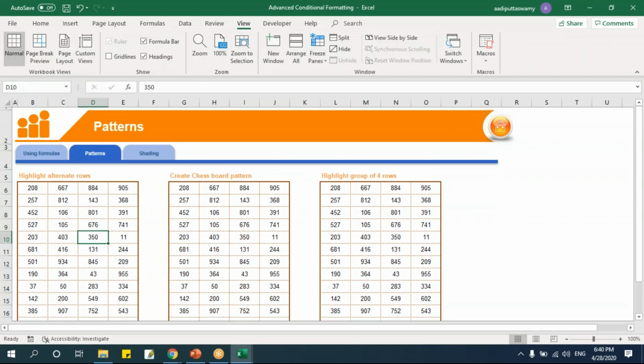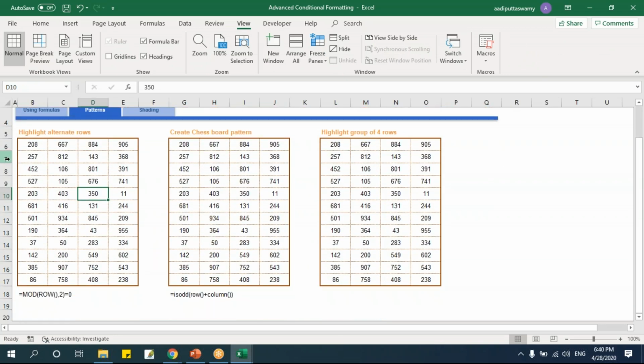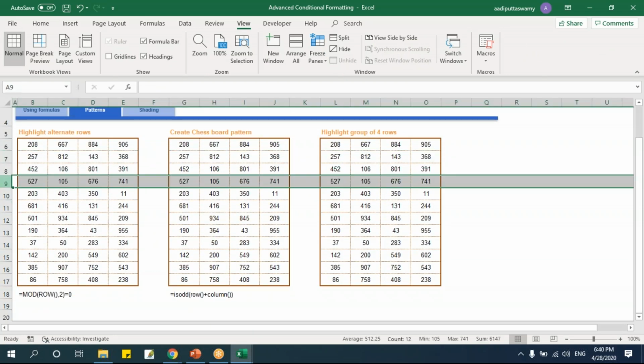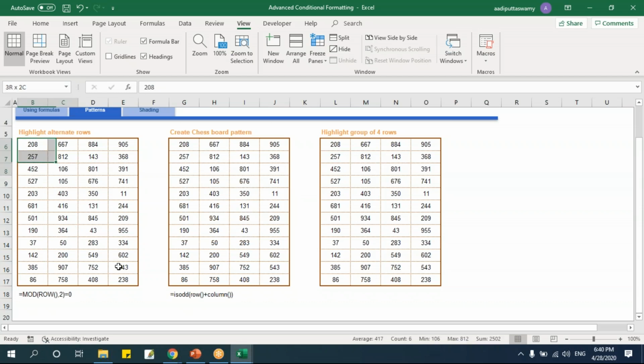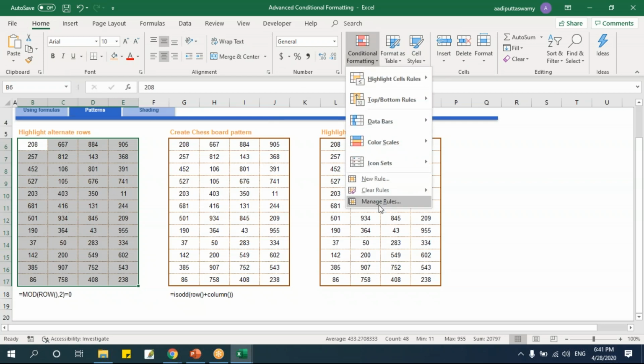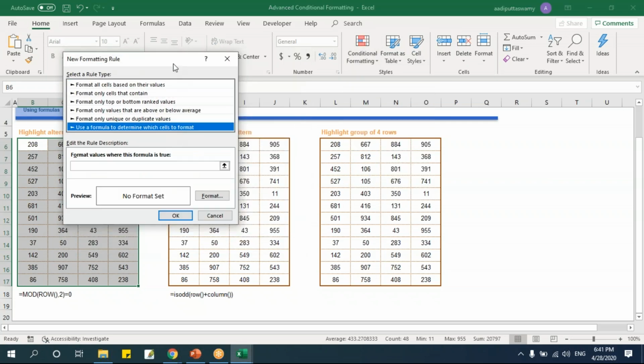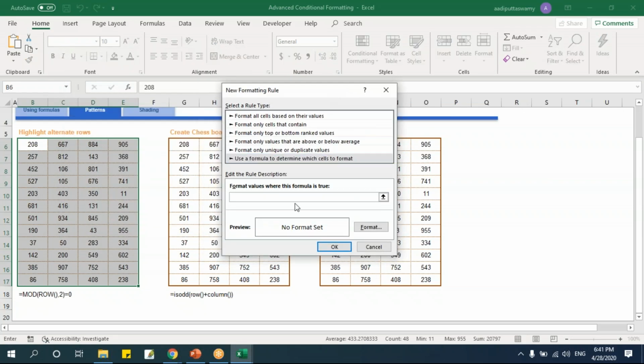Let me take these headings. Alternative row means, let's say for example I want to highlight 7, then it should be 9, then 11, like this. Select this. So what we'll do is we'll go here and say new rule, formula, just say equals